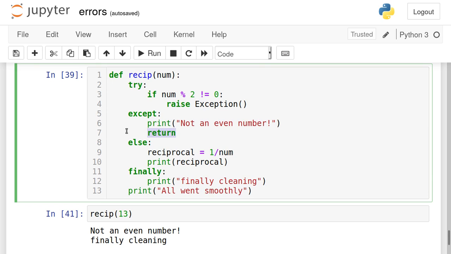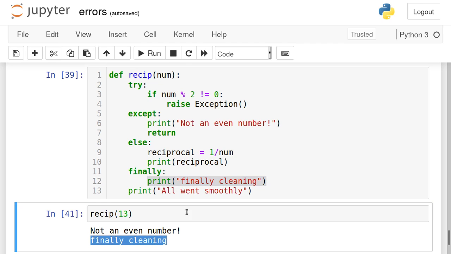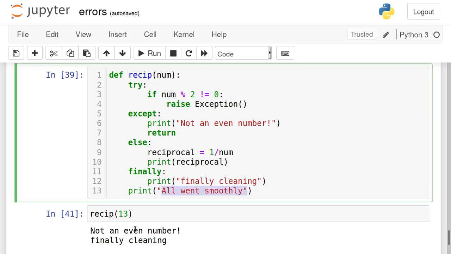not actually directly returning the flow of execution from here to here, but in between, this finally block is always getting executed. So, even if there is a return, the execution flow is not immediately returning from the called function to the calling function. In between, as there is a finally block, the finally block statements are getting executed. In this case, there is only one statement, so that is why "finally cleaning" is getting executed. But notice that "all went smoothly" is never getting printed here, because as we are returning, after the execution of this finally block, the execution will be coming back to the calling function,